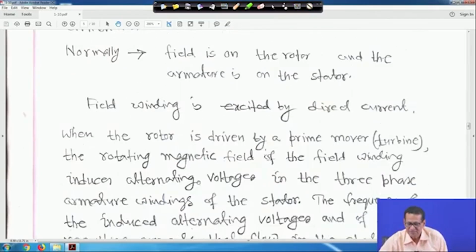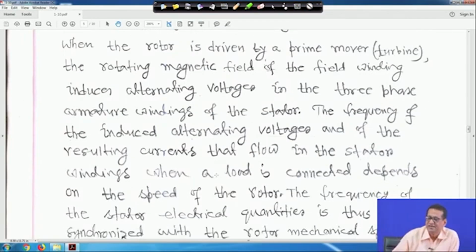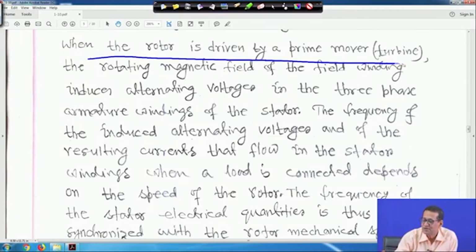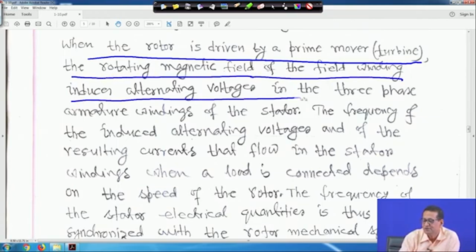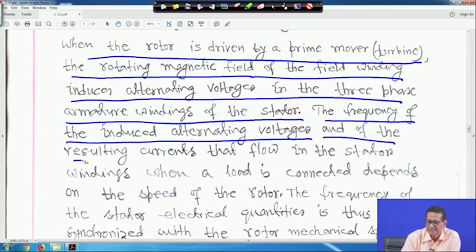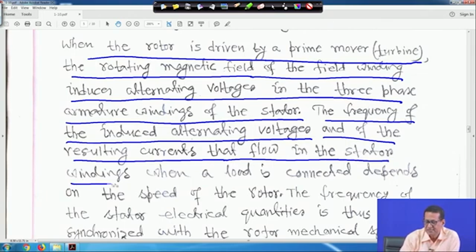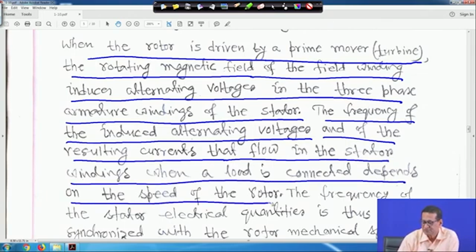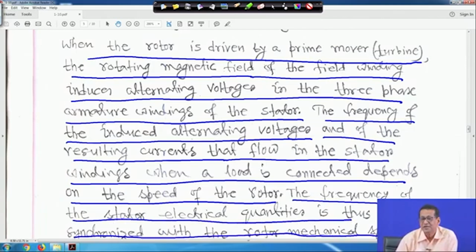When the rotor is driven by a prime mover, that is the turbine, and the synchronous generator, they are coupled together, right. The rotating magnetic field of the field winding induces alternating voltages in the 3-phase armature windings of the stator, right, because the armature is on the stator and the field is on the rotor for a synchronous machine. The frequency of the induced alternating voltages and the resulting currents that flow in the stator windings when a load is connected depends on the speed of the rotor, right. Therefore the frequency of the stator electrical quantities is synchronized with the rotor mechanical speed, hence the name